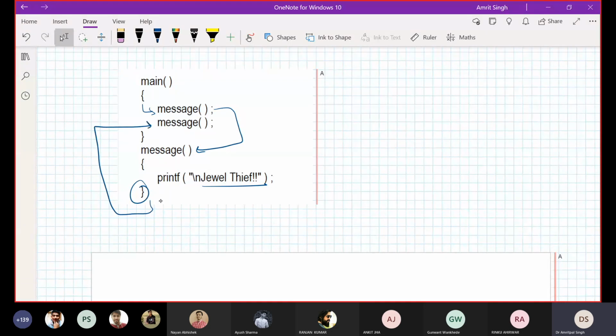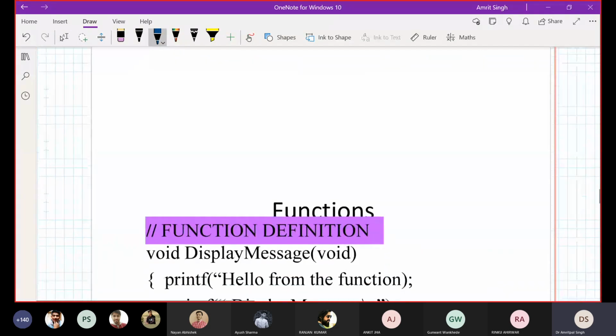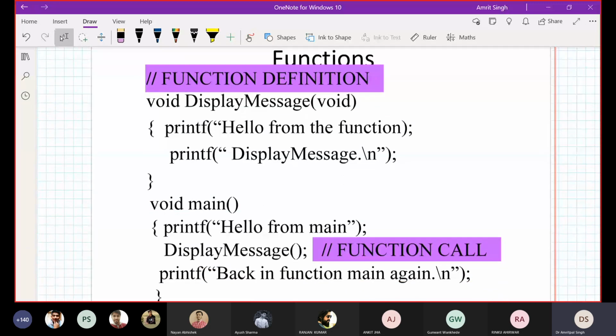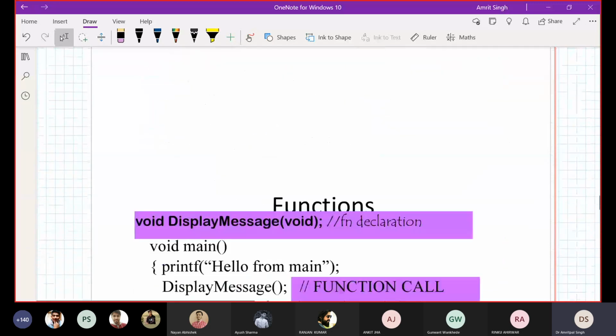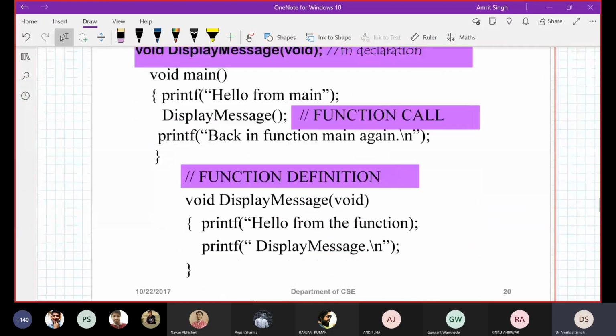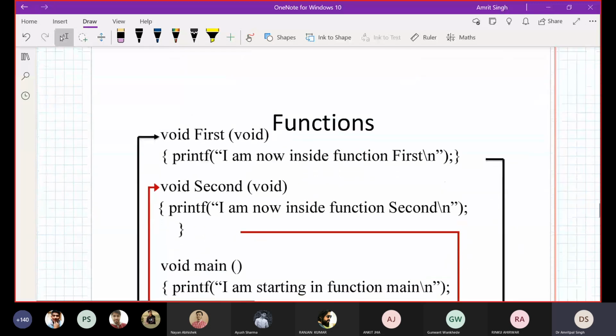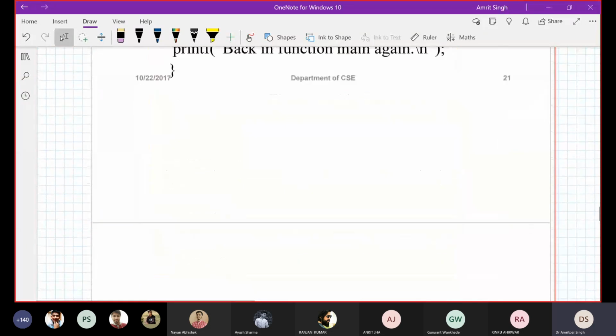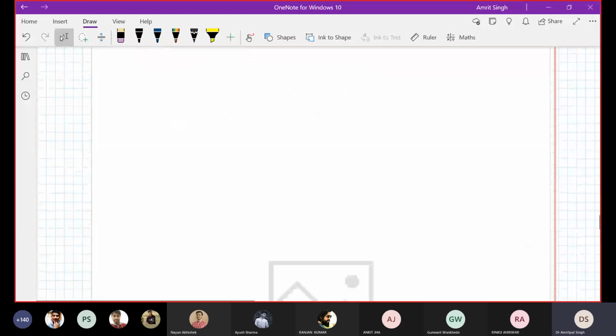After that, again the control is passed to the next line from where we have called. Again the control is transferred here, and we are going to print this 2 times. The definition is done and the function call is done. That is the second method that we have already discussed, and I think you can do this. This is just for your practice.